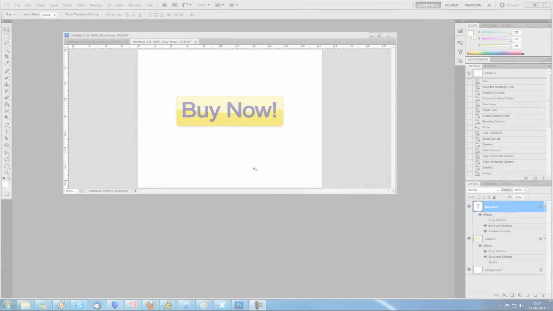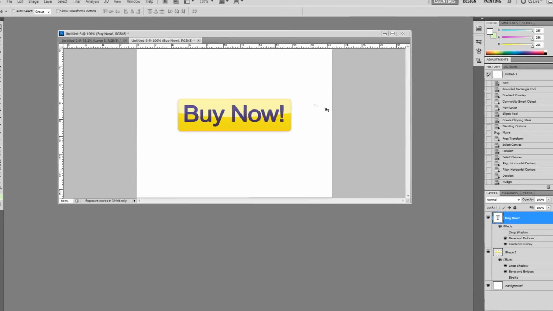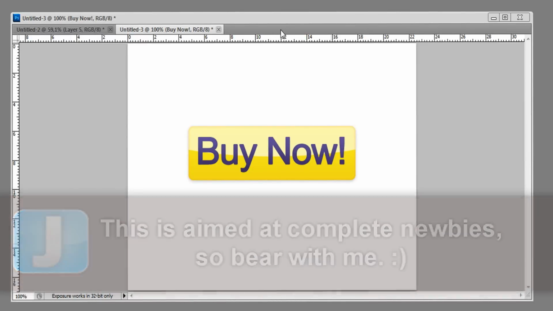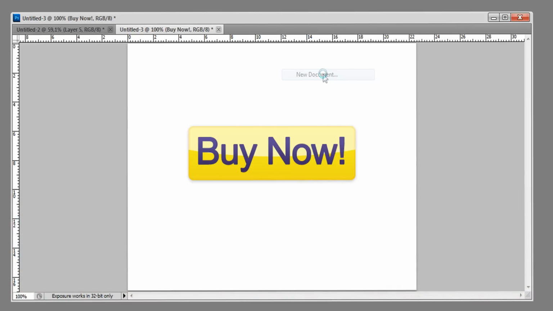Hey guys, today I'm going to show you how to create a simple buy button in Photoshop. It takes about 2 to 3 minutes if you're quick. Might take a bit longer here when I have to explain what I'm doing. But anyway, let's go ahead and create the new document